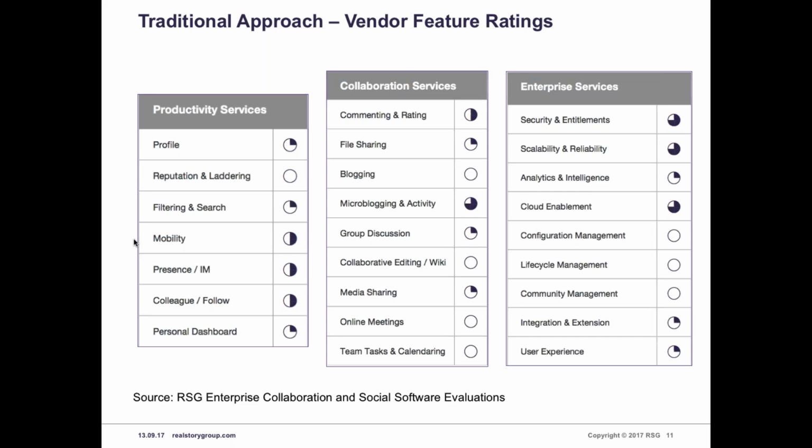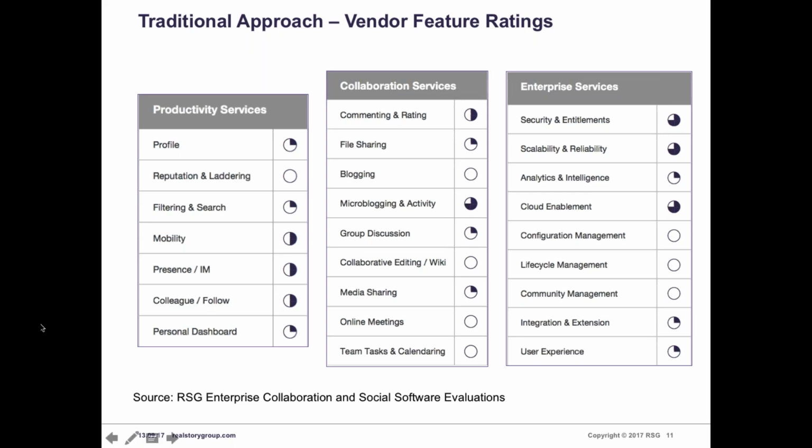These are our feature ratings of, I believe, Workplace by Facebook. And features are important. The thing is that features themselves usually are thought of and executed in kind of a vacuum. In other words, they're not actually business requirements. They're functional needs, but they're not actually business requirements, right? Now, some of these, in terms of enterprise services, like integration, extension, being able to internationalize and localize the interfaces, analytics, these are important, right? But they don't actually tell you whether it's going to be a good fit for the most important or most common employee journeys. So we in our own research do talk about features, but we tend to put it on kind of the second tier.